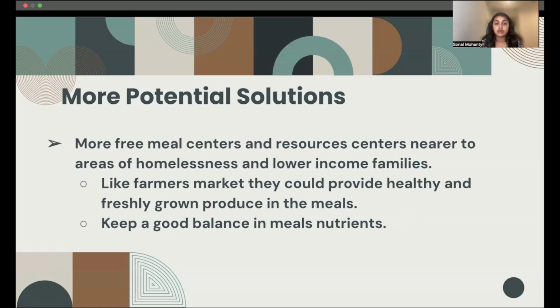And in turn, the proceeds cut out the middleman of having to drive it and package it, and they go directly to the people who are farming it. So these are some really good solutions and things to keep people's nutritional health in check. I think this is a really good way to get the word out there. This is just my way of emphasizing how socioeconomics can really affect people's nutritional health. Again, there is a lot more in my research paper about this, but this is my presentation.